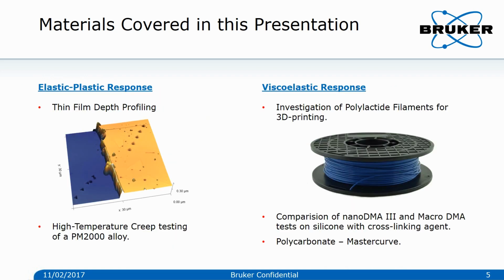The nanoDMA mode is being used differently on materials with elastic plastic response and viscoelastic response. We will talk about depth profiling of a thin hard coating and high temperature creep on a PM2000 alloy as an example for the elastic plastic response. The applications on the viscoelastic material will cover the viscoelastic response of a 3D printed sample, a comparison of nanoDMA 3 and macroDMA tests on cross-linked silicone, and we will look at the construction of a polycarbonate master